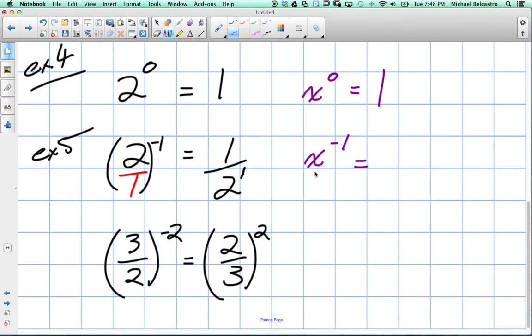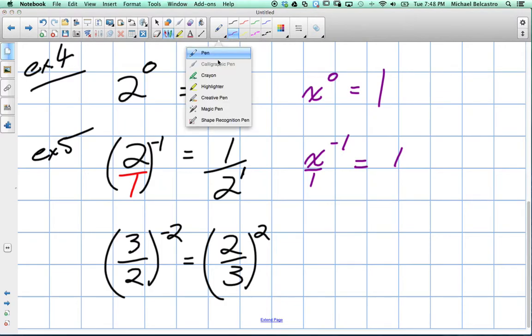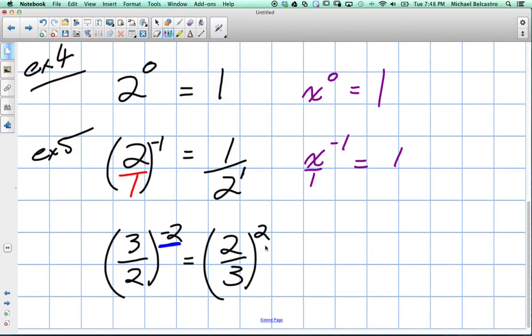What's technically below that x? What number? I want to make it a fraction. 1. Yeah. So now how do I rewrite it? So what do we do with these 2 exponents here? Remember, with these exponents they changed. We went from negative to positive. What did we do to the base? We inverted it, right? Right here, we inverted it too. 2 over 1 became 1 over 2. So x over 1 becomes 1 over,